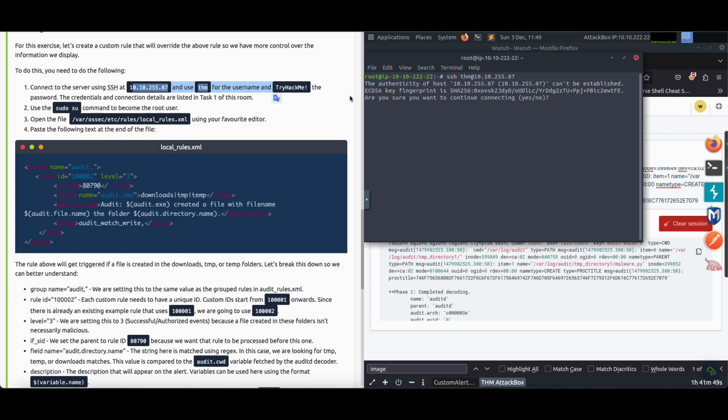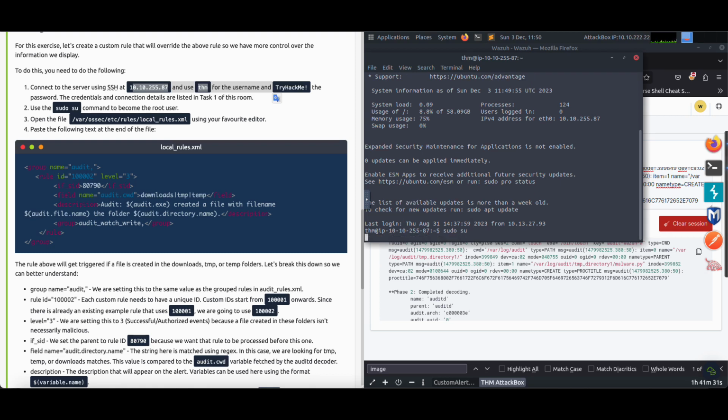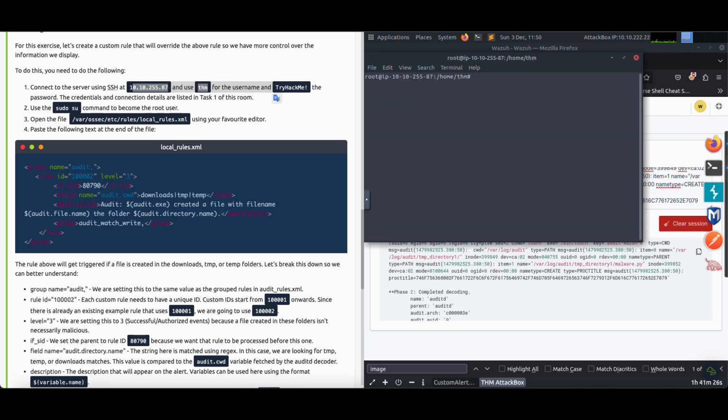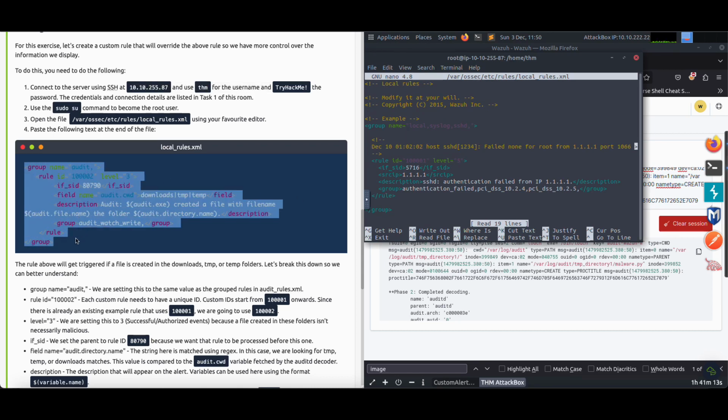The information is here for our SSH connection. Let's type yes, and now TryHackMe again. Okay, let's become super user. Clear. Let's open, one sec. Let's see, rules, local_rules.xml. And now I have to paste